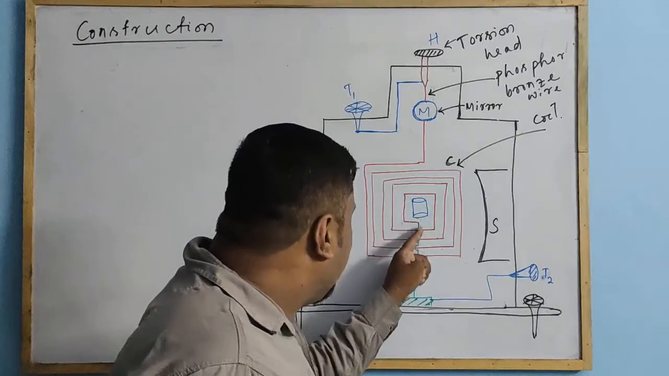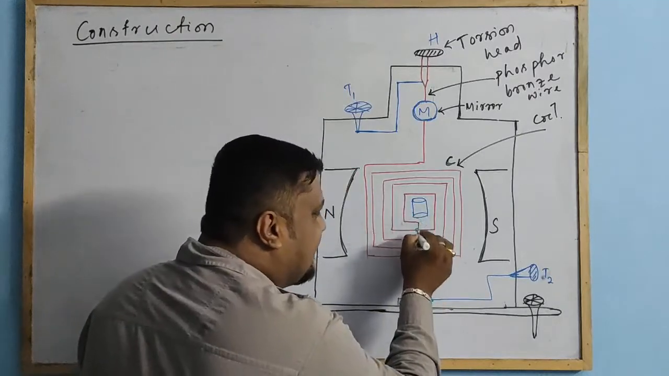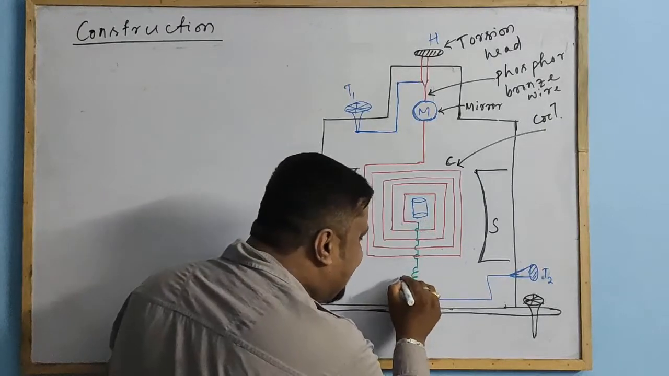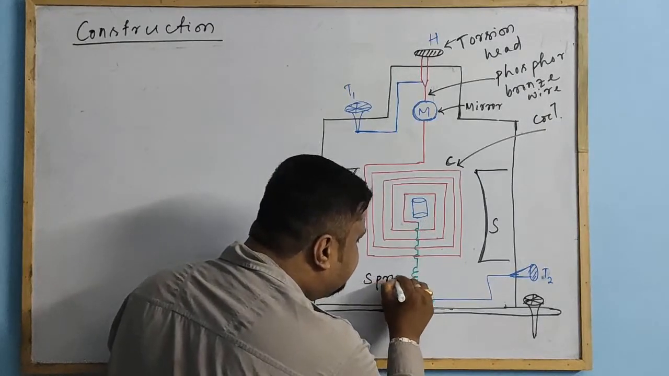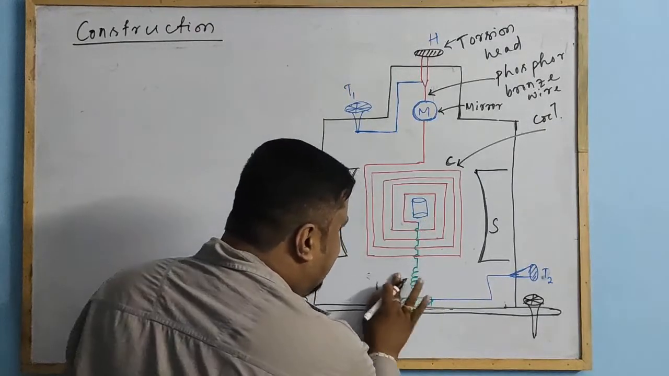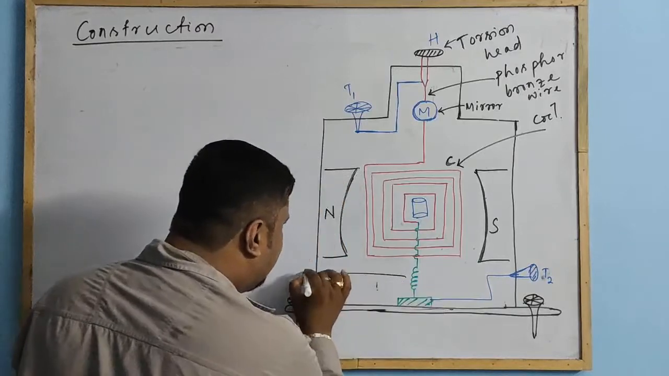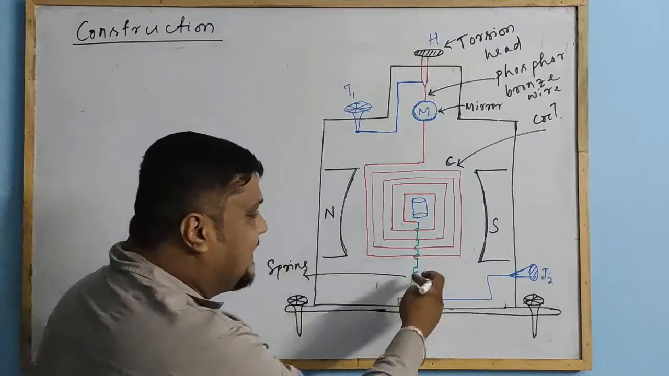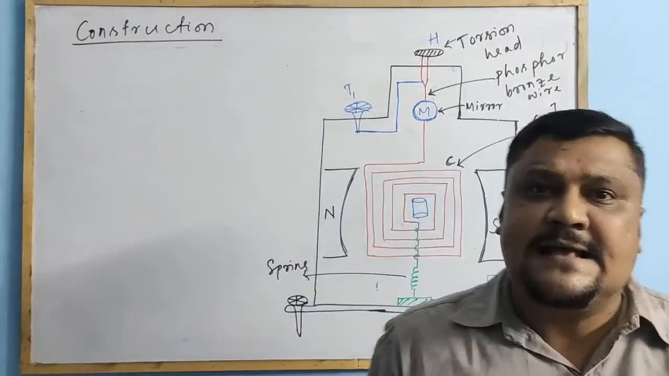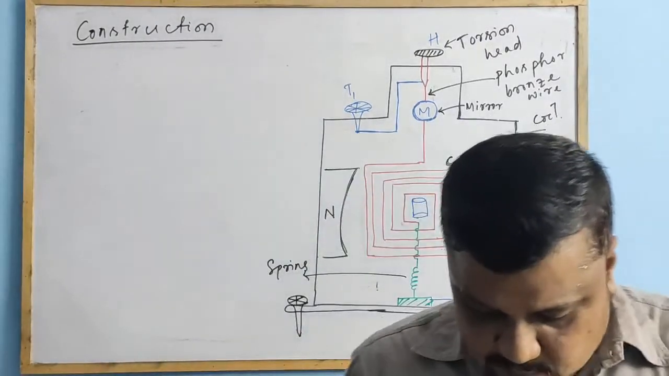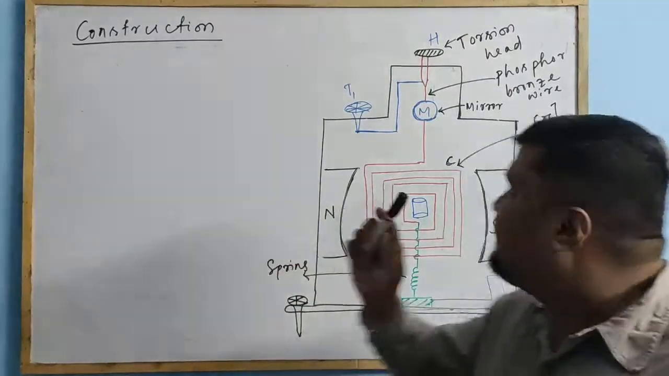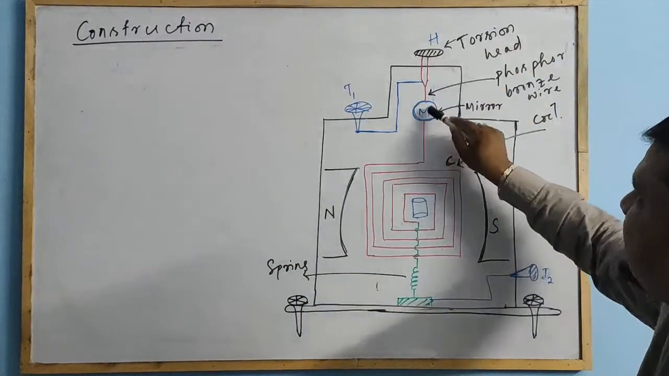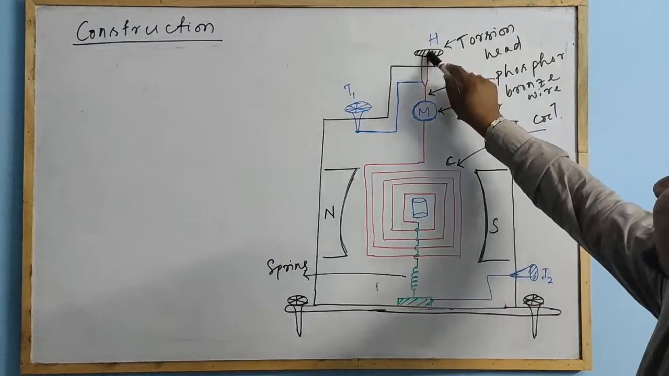The other end of the coil is connected to a spring. This is the spring, right outside. The other end of the wire is connected to a spring. Clear? Now, why? This one end of the wire is connected to the torsion